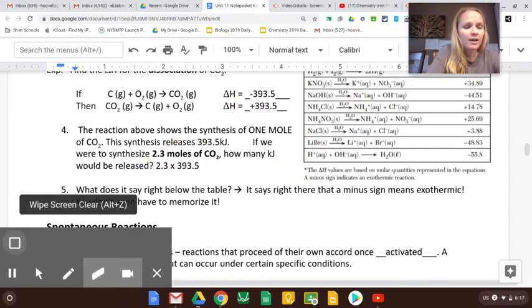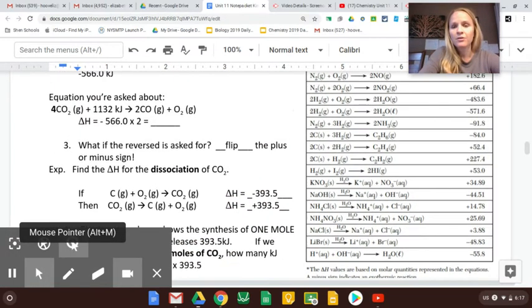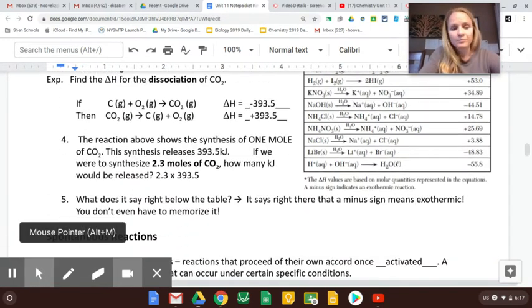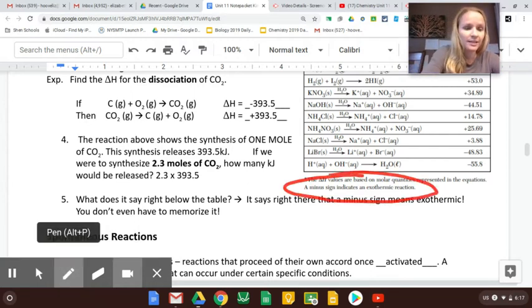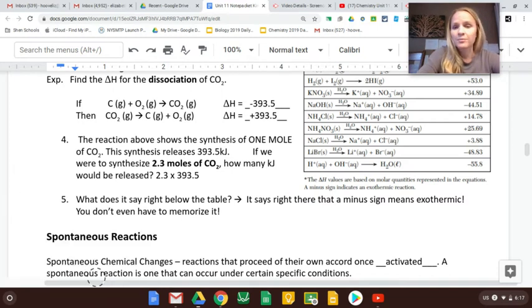All right. So looking back, what we have to know is that negative delta H means exo, positive delta H means endo. You have to be able to look them up, and you have to know that you might have to